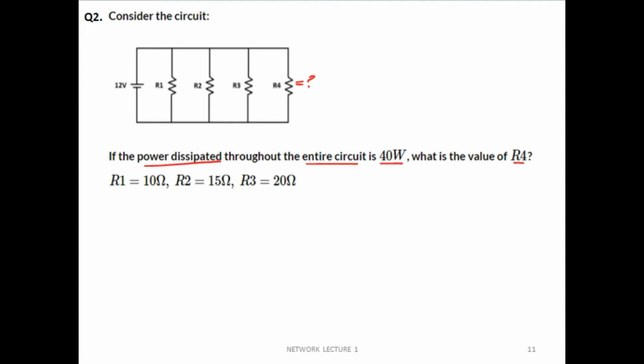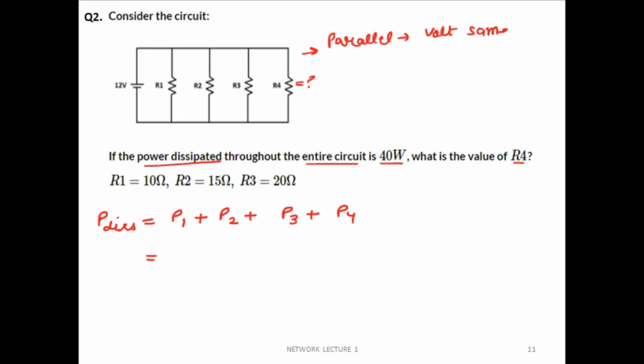Okay, so as we know that power is dissipated only across the resistor R, here we have 4 resistances, so the total power dissipated will be given by the power dissipated across the resistance R1 plus power dissipated across the resistance R2 plus power dissipated across the resistance R3. Similarly the power dissipated across the resistance R4. So as they are connected in parallel, the voltage will remain the same. Okay, so in parallel the voltage is same, so we will use the power dissipation relation as power is equal to V square by R